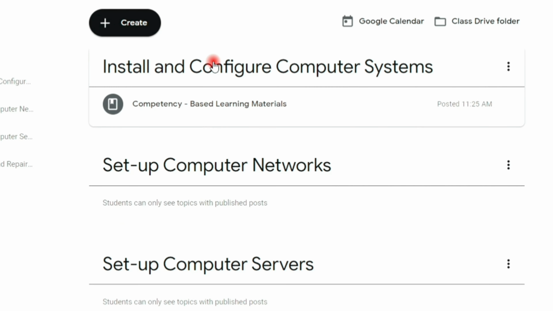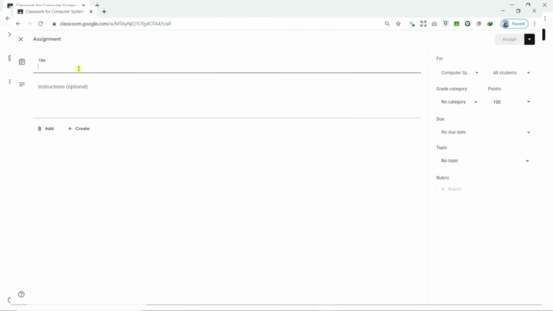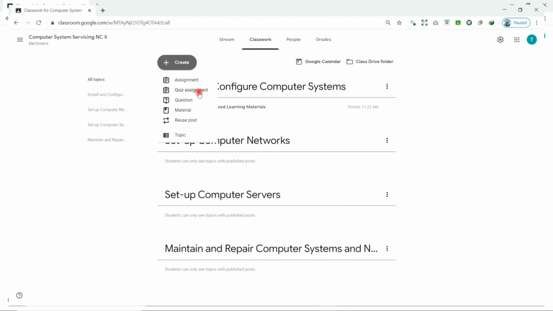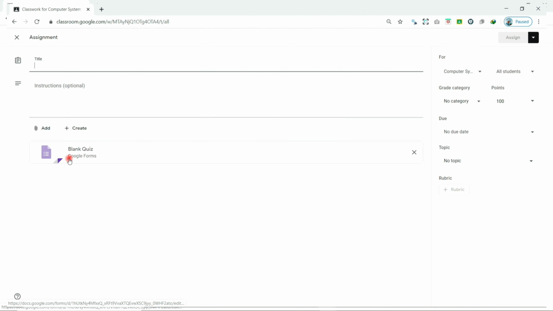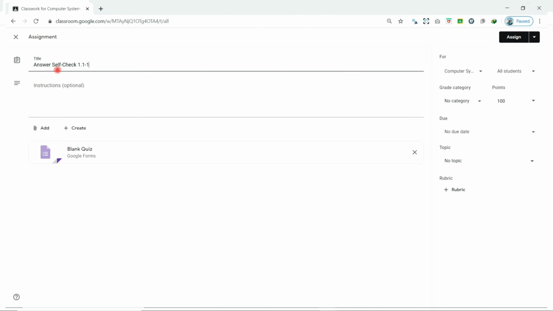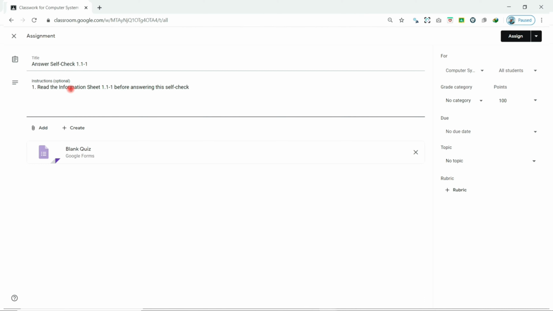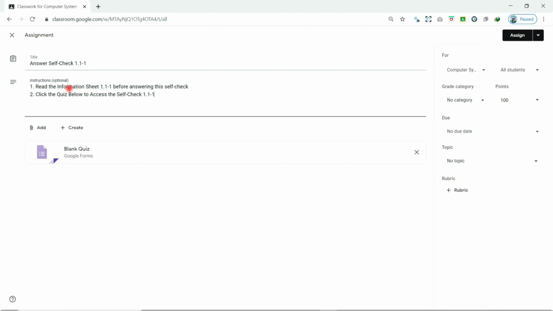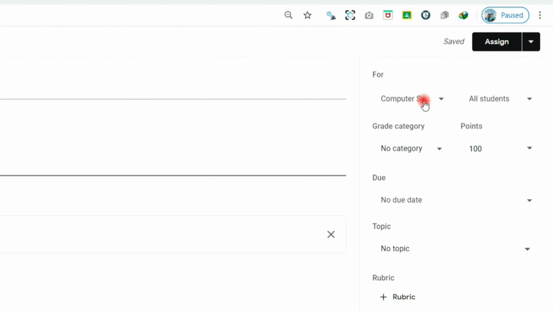To post an assignment, click the Create button again, then choose Assignments. If your assignment has a quiz, then you can select the quiz assignment to have automatically Google Forms attached. Title your assignments, add the descriptions or instructions, then set which class, to whom,